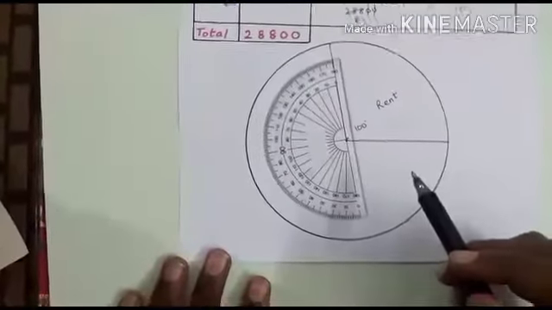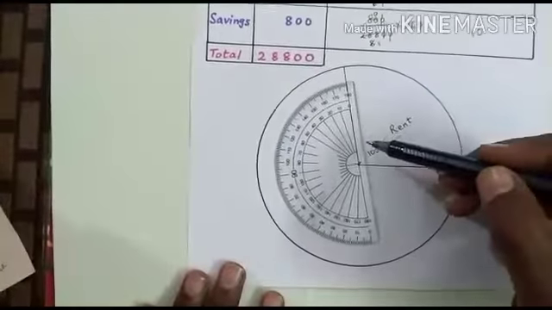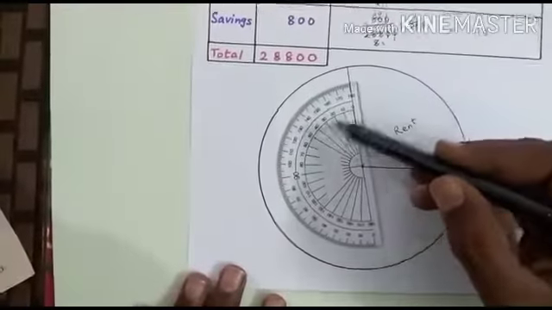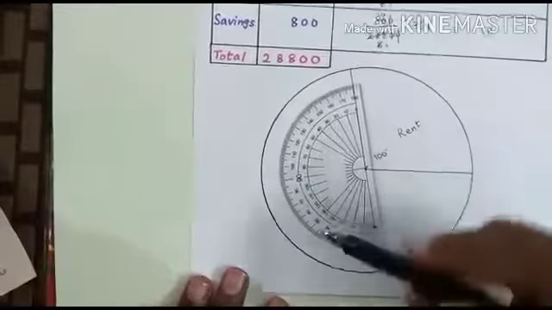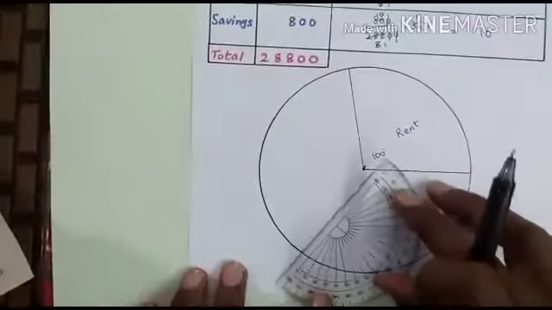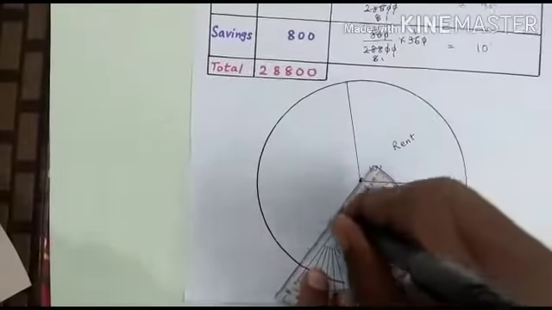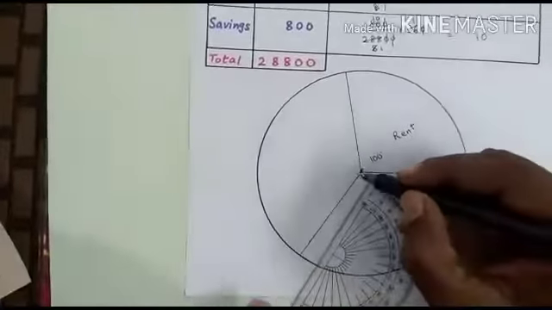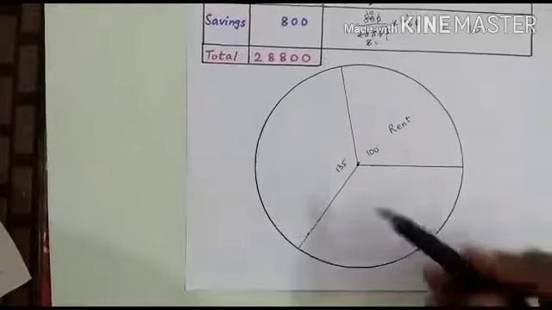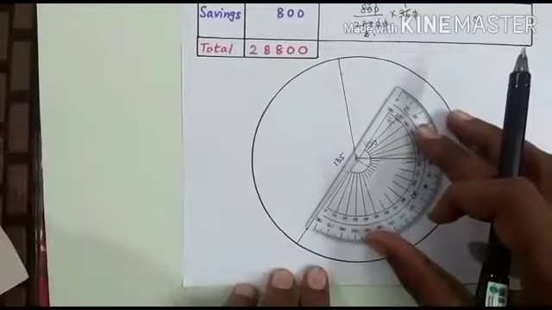Now on this next horizontal line, we will put the protractor like that and count from that side 0 to 135. 135 is here. So I have put a dot and drawn a line for the angle 135. This is the 135. Now on this horizontal line, we will make the angle of 70 degrees.